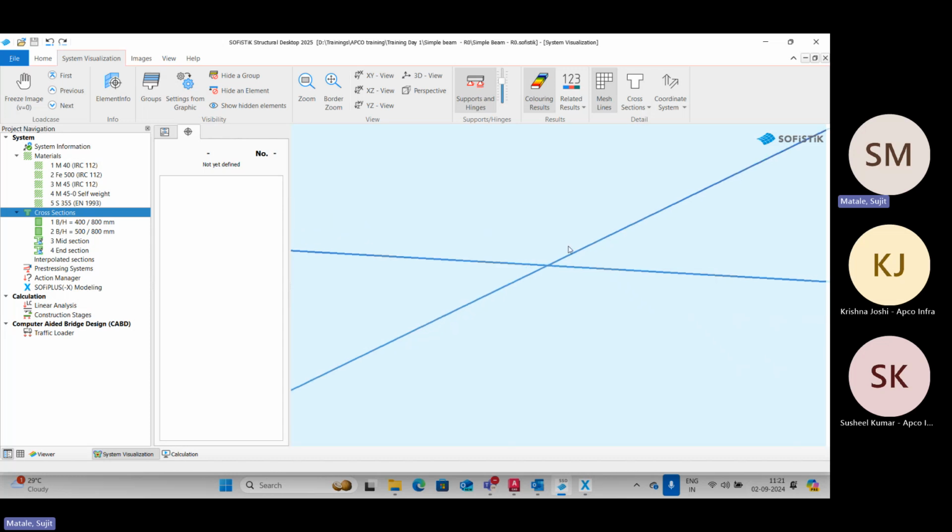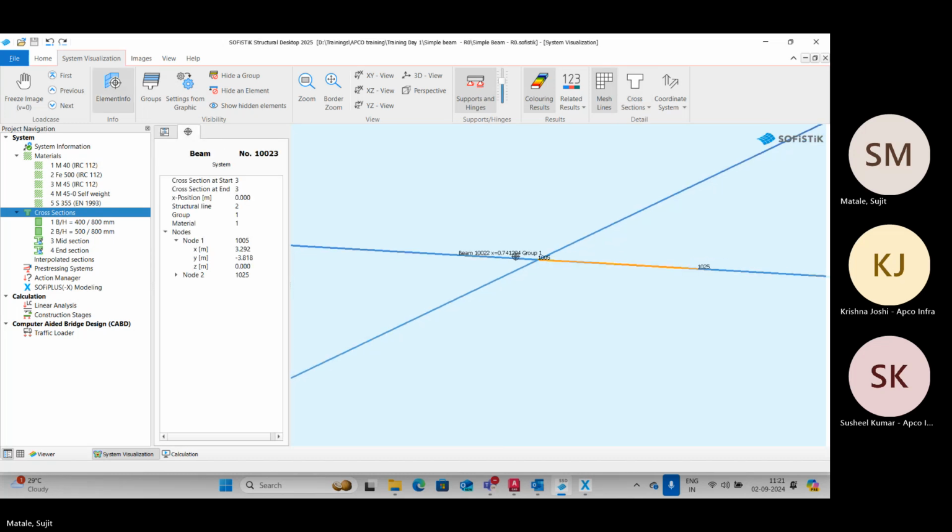Can I see the nodes? Yeah. Separately, it will create the node there. Okay. So the idea is that if there are two intersecting lines, if there is an intersecting area with